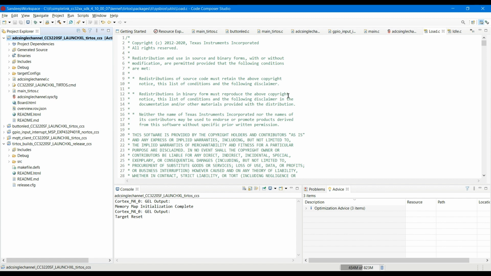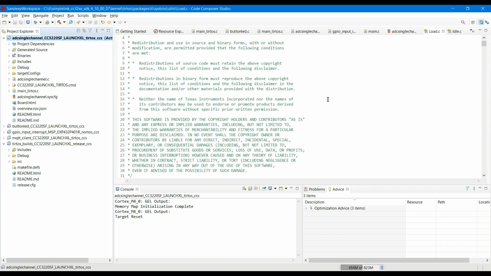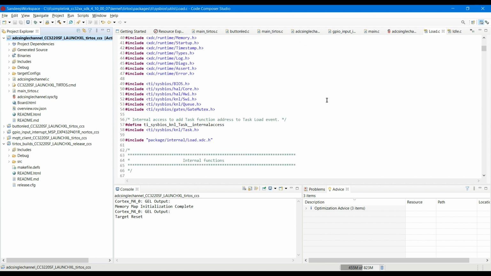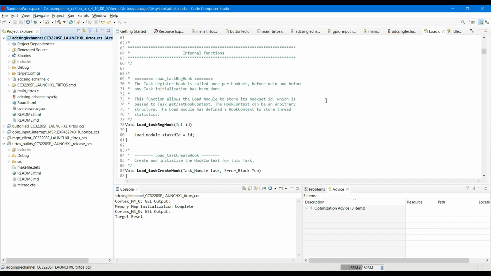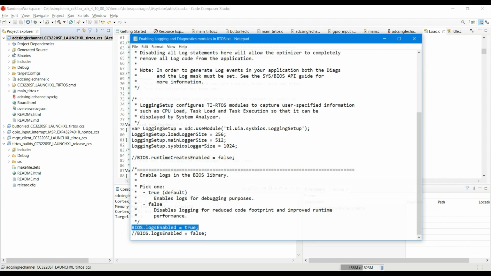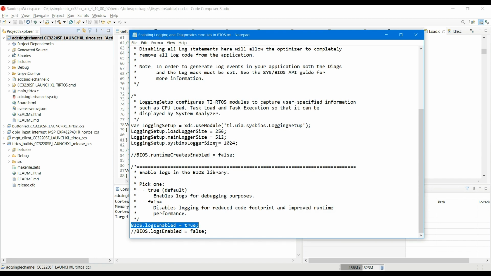Very often you would be facing the question: the tasks and the threads that have been created, how are they executing in real time? So this is where the instrumentation and analysis tool comes into the picture. What we have to do is, basically, there are three things that we need to enable, but before that